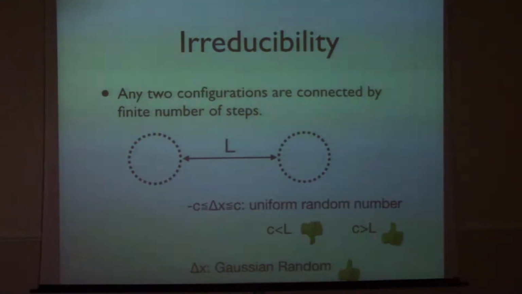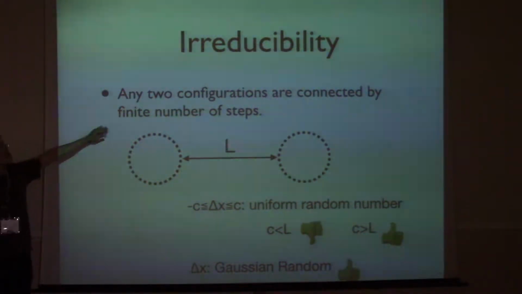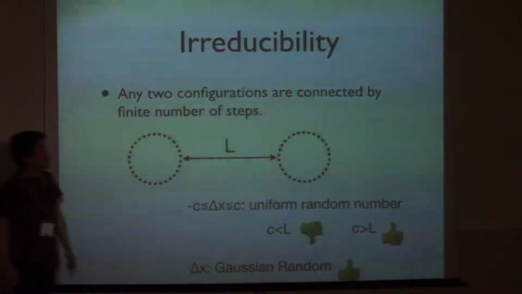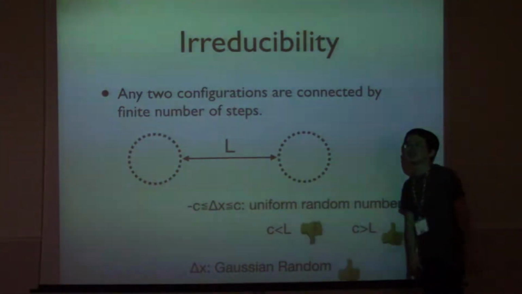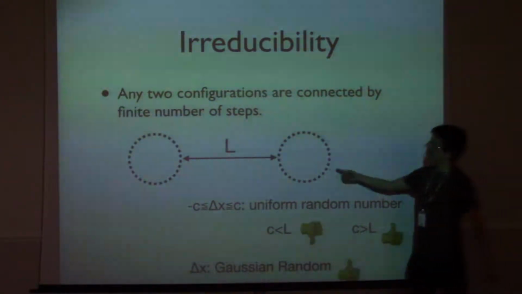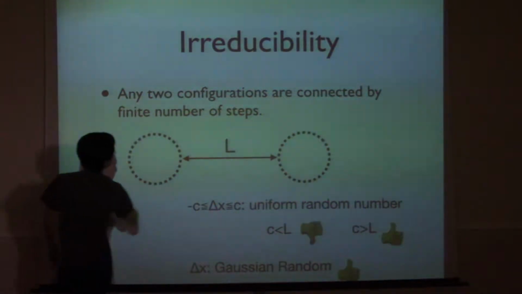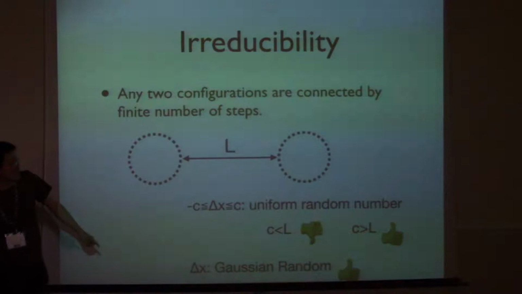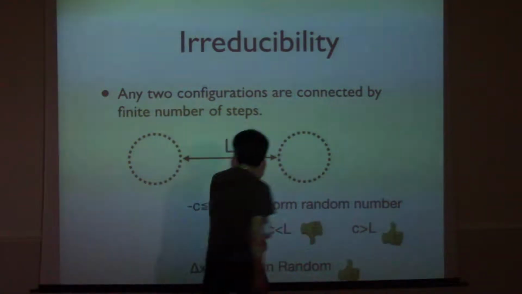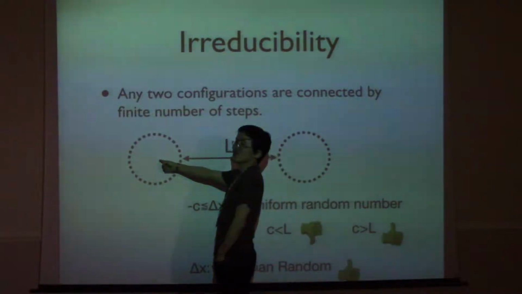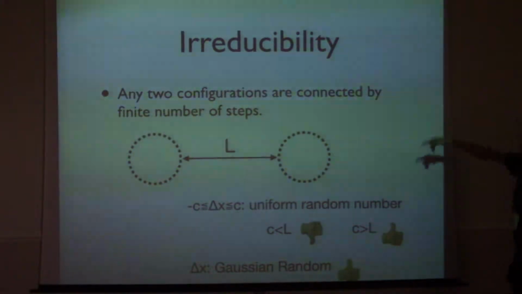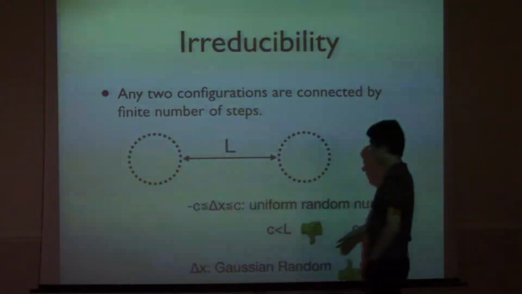And irreducibility means any 2 configurations in the path integral are connected by finitely many steps. For example, if you have 2 islands in a parameter space, the 2 islands of x, and imagine they are separated by distance L, and if your step size C is smaller than L, once you start with this configuration, you can never move to this configuration. So irreducibility is not satisfied here. But if the step size is bigger,